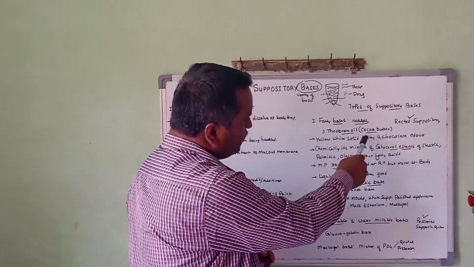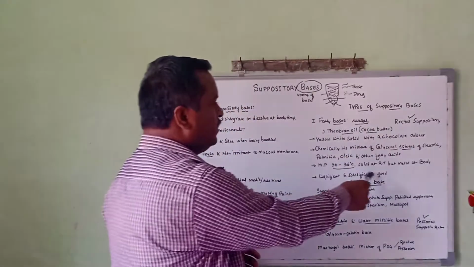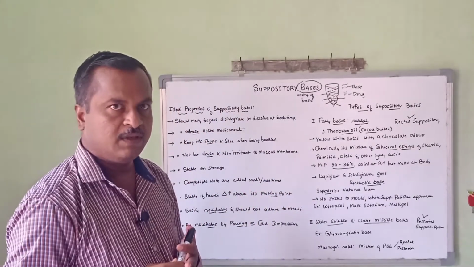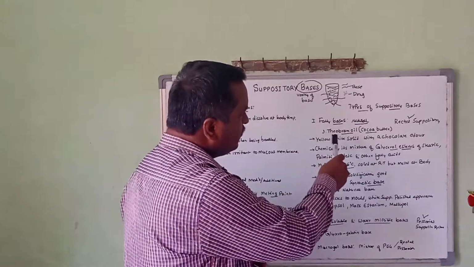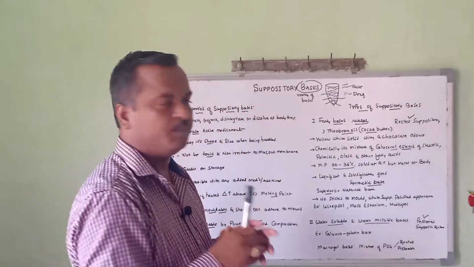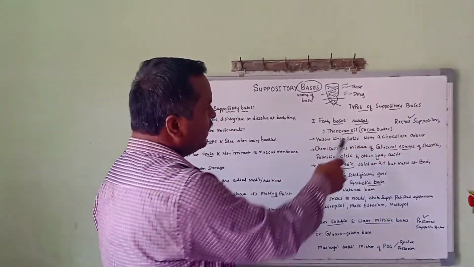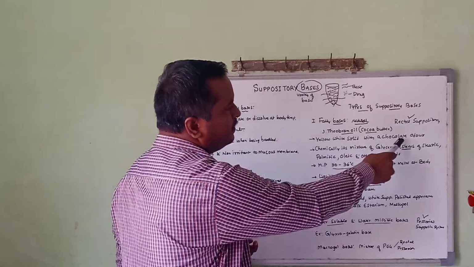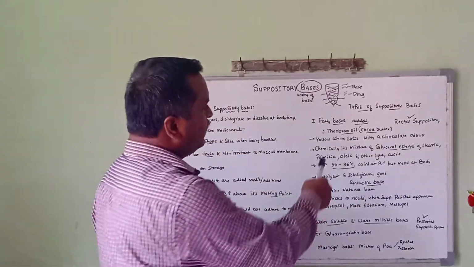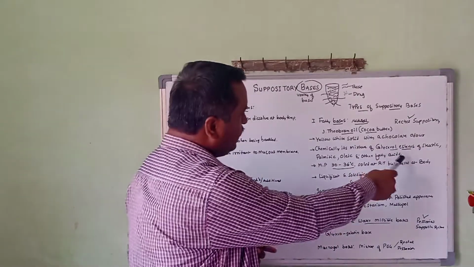And in this suppository, specifically the cocoa butter, liquefaction as well as solidification is good when compared to the other types of bases used in the suppository. So I am concluding what is cocoa butter. Butter means a consistency like butter. Cocoa means cocoa leaves are the main source for getting the cocoa butter, and it's available as yellow white solid with a chocolate odor. You see that odor also, it's a chocolate odor. And chemically glycerol esters of stearic acid, palmitic acid, oleic and other fatty acids.